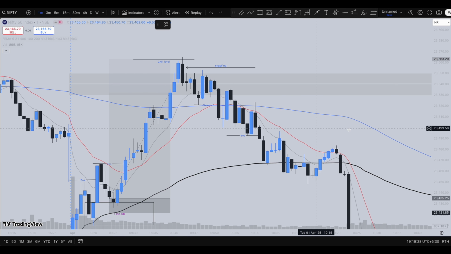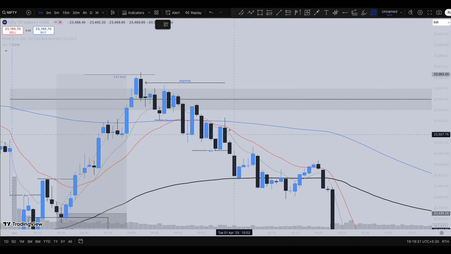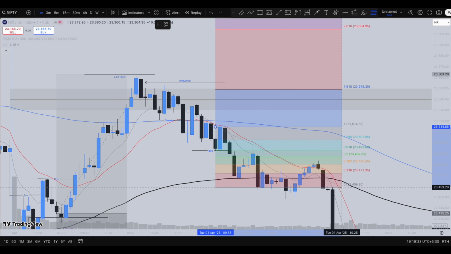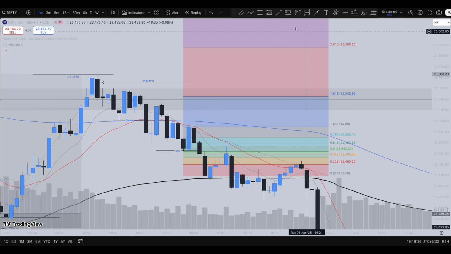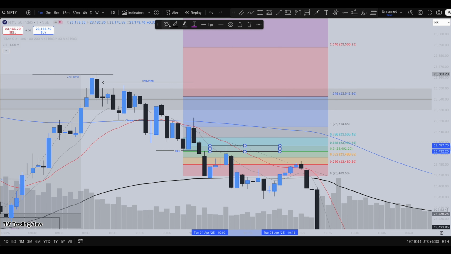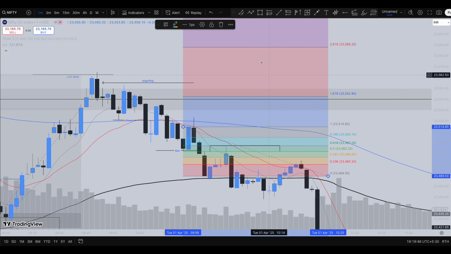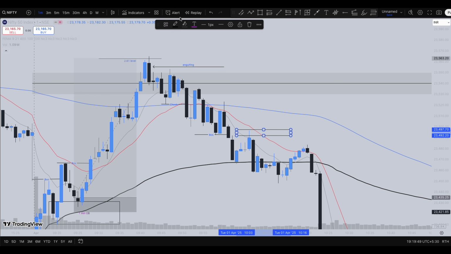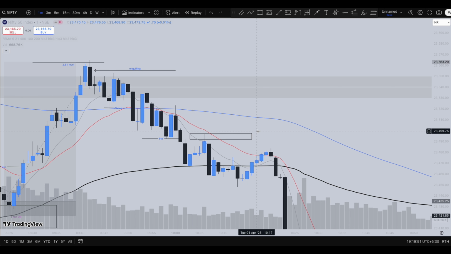And if you consider this impulsive momentum towards the downside, and if you try to plot the fib levels, the common point between this to the common point between this, you can see the 50% levels over here, where the market again rejected price from these levels. This is the 50% level where price retraced to this level and rejected price from that level. So let's try to mark the 50% level over here.